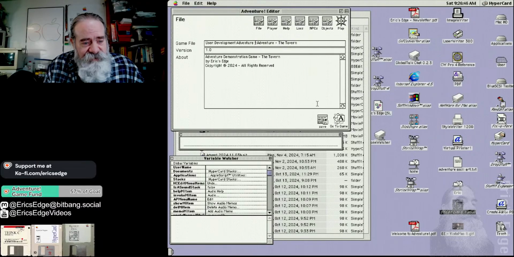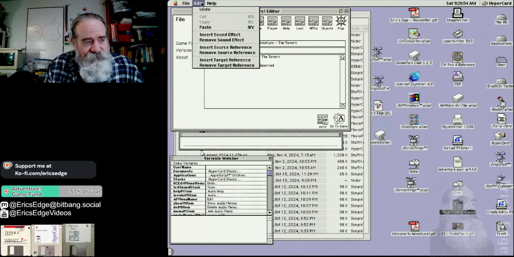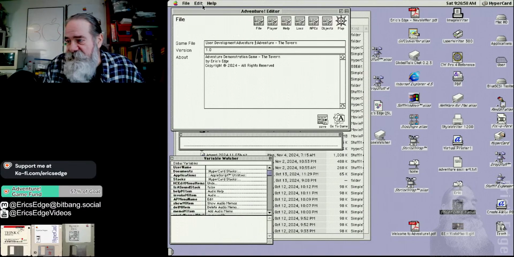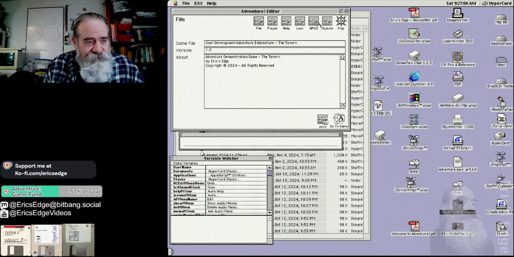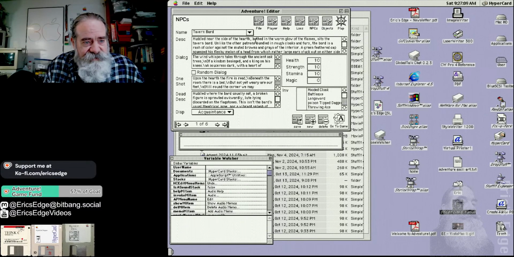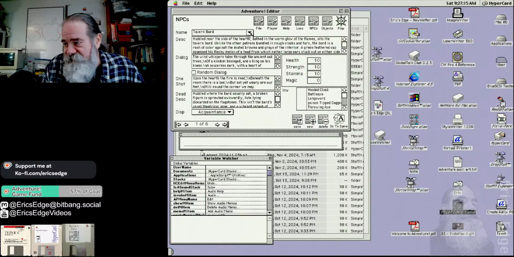Which is why there's an editor, so that you don't have to do all that. In here, you can do things like insert sound effects and stuff like that. So what I've got so far for the demo covers the NPCs. We've got the Tavern Bard. So you're visiting a tavern, and